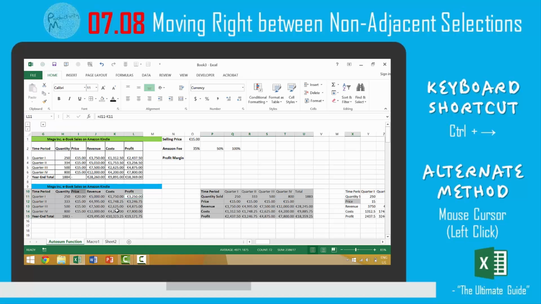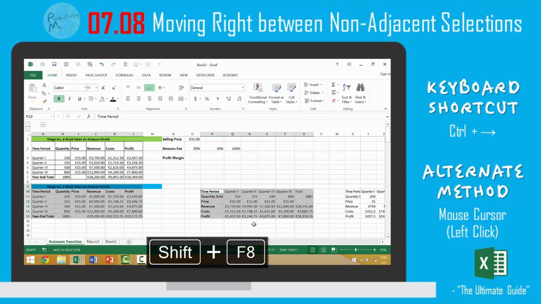This video was looking at how to use the keyboard shortcut of Shift F8 and the Control right arrow in order to jump between non-adjacent selections. So if we had two selections, one say here and another say here, and we wanted to move between those selections, we would not press the right arrow or the left arrow because that would deselect our text. Instead, we would make sure that that text has been selected. We would press Shift F8 to activate the Add to Selection key. Then you can move right or left, but more efficiently, you could press Control right arrow and move to the